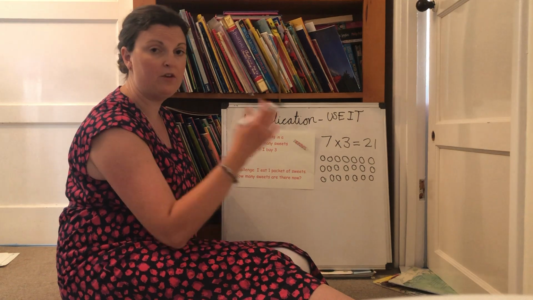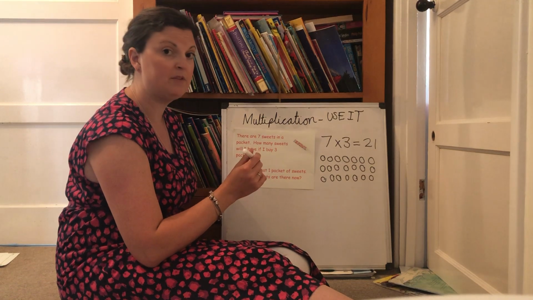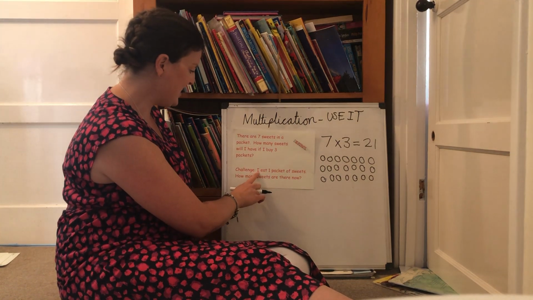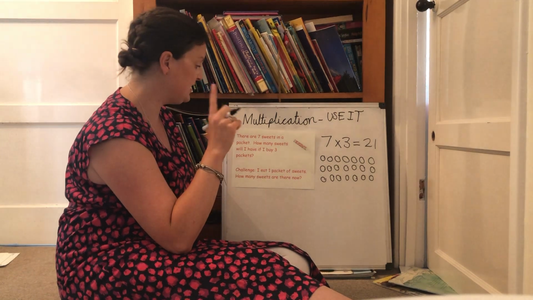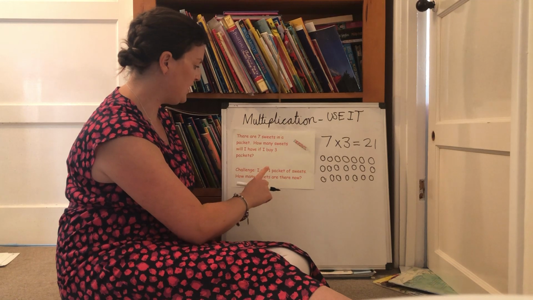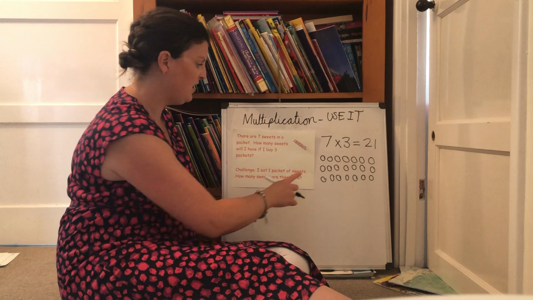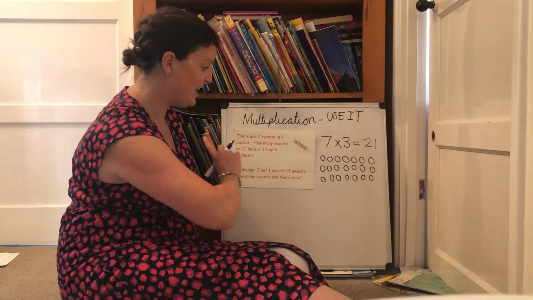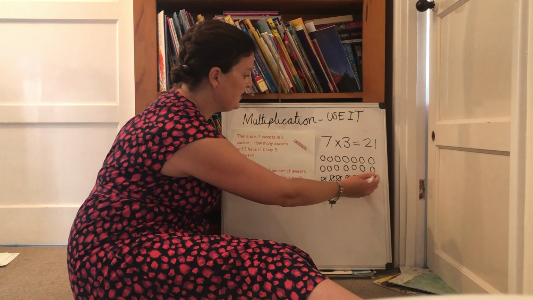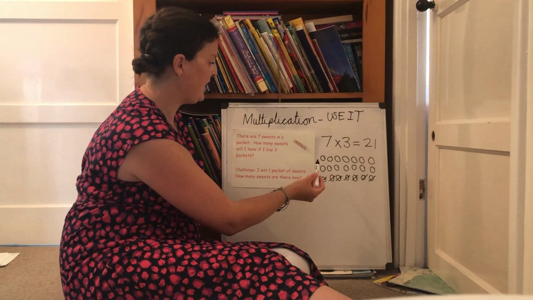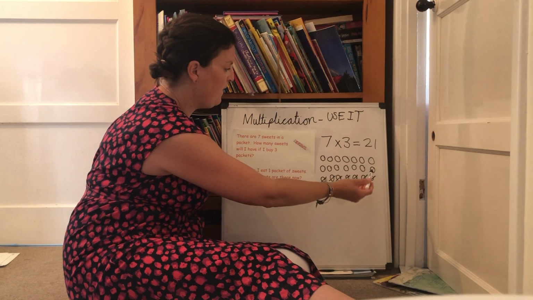Now once again, you can leave the word problem there, but if you're looking for a bit more of a challenge, there is a second step to this word problem. And it says, I eat 1 packet of sweets. So that's not eating 1 sweetie, that's eating 1 packet. How many sweets are there now? Right, so if there are 7 sweets in a packet, I'm going to go back to my array and take away 1 of those packets. So I'm going to take away 1, 2, 3, 4, 5, 6, 7 sweets. And I have 2, 4, 6, 8, 10, 12, 14